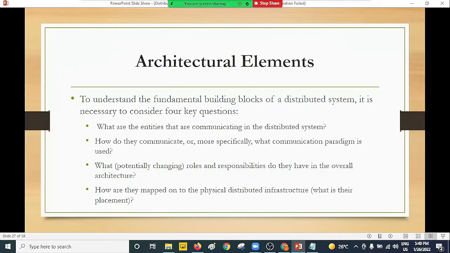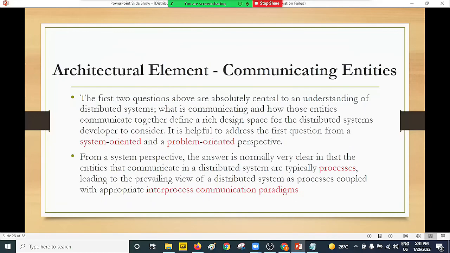So I think the first shows or makes us understand how communication happens. The second two questions help us understand how group communication happens, what we refer to as indirect communications. So we'll look at how the physical distributed structures are mapped, and the roles and responsibilities of each and every object. We are going to look at the client stub talking to the server stub, the remote method invocation and the remote procedure call, whereby we need to have different roles and responsibilities. So let's look at how we can answer these questions. The first two questions help us understand how to identify the various communicating entities. So we can solve these questions by looking at